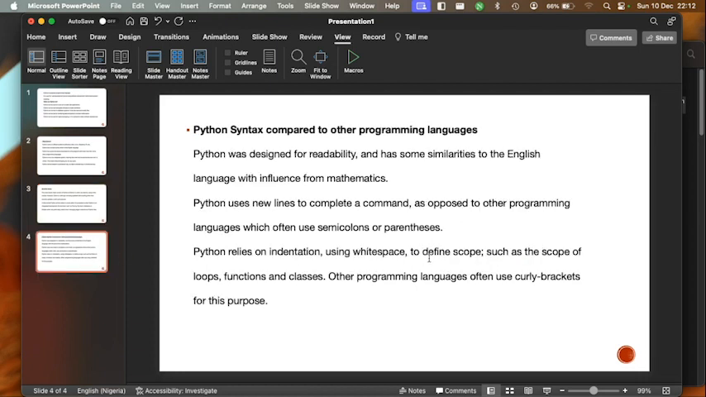So now let's compare Python syntax to other programming languages. So Python was designed for readability and has similarities to English, like I said earlier on. So Python uses new lines to complete a command, as opposed to other programming languages, which often use semicolons and parentheses. If you have code in other languages, you would observe this. But if it's your first time here, no differences. I'm just going to take it one step at a time. So other languages require you to use